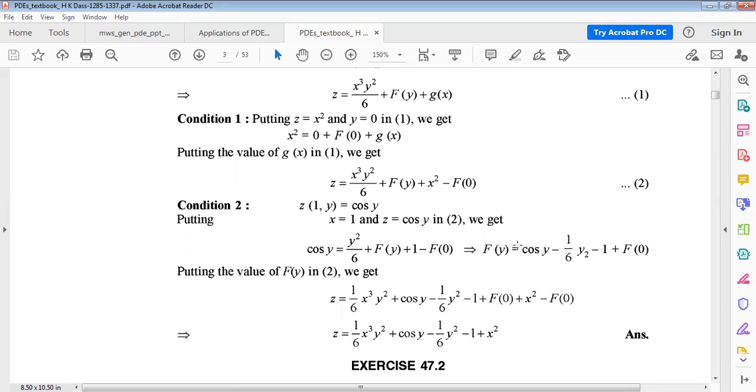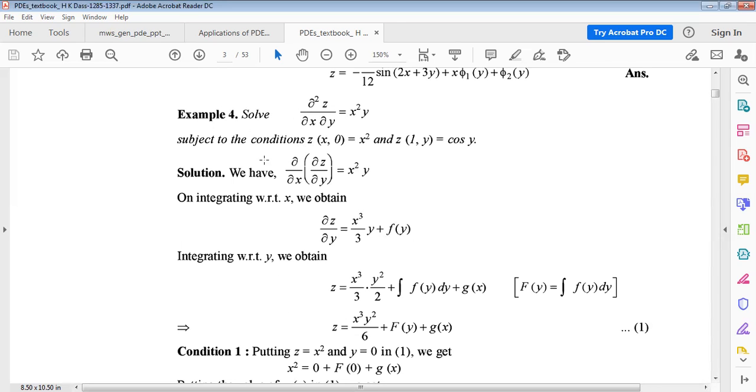Then f of y will be cos y minus 1 by 6. Just putting x equals 1 here, you get this. Now putting this value of f of y in equation 2, we get the whole solution. This is a very important